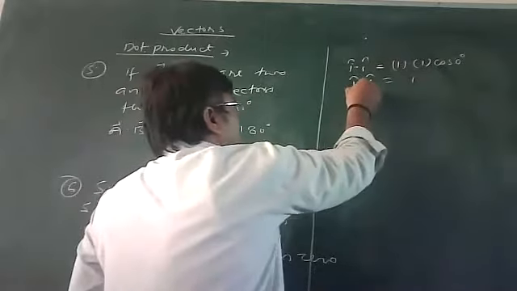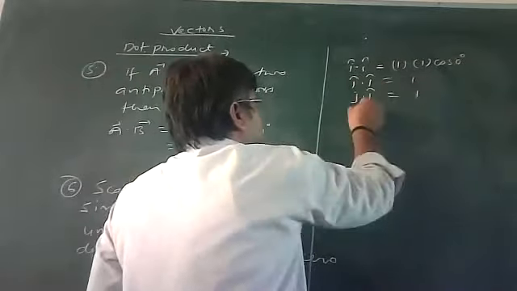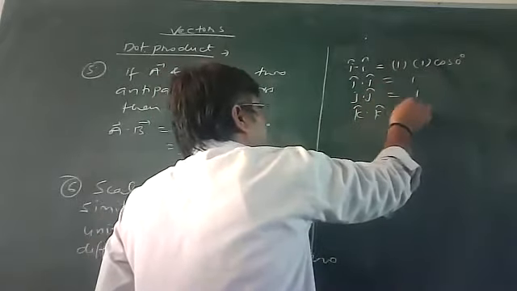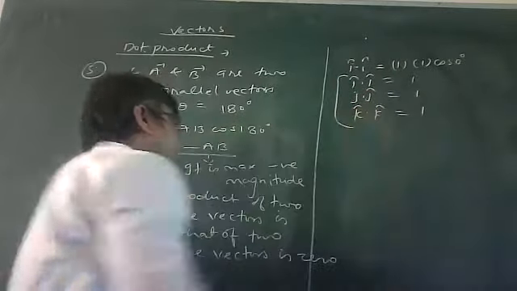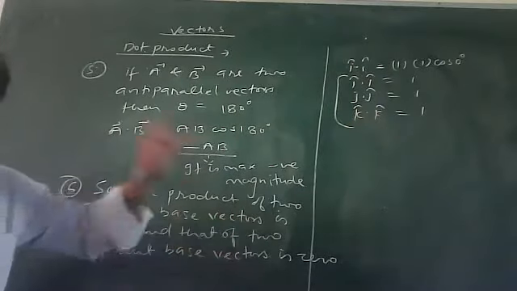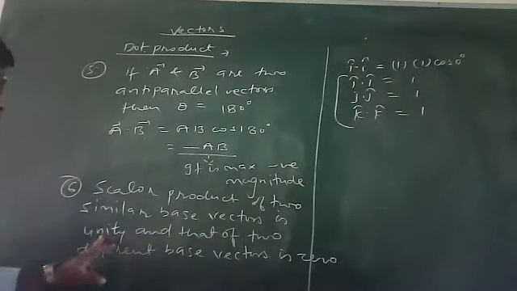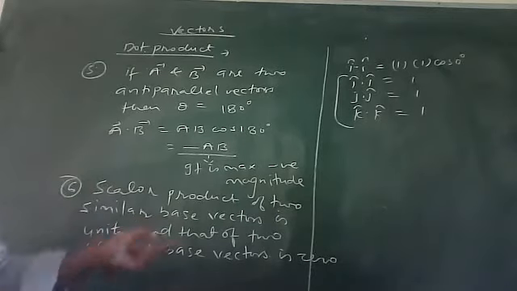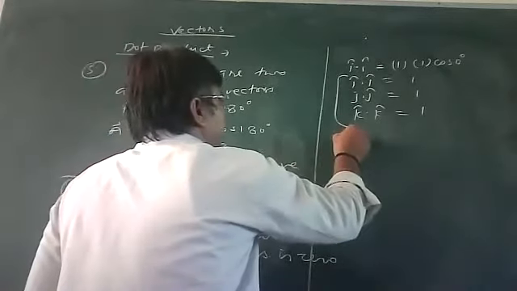If you write j dot j, it is 1. If you write k dot k, it is 1. So the scalar product of two similar base vectors is unity. And if I am going for two different base vectors, for example, I dot